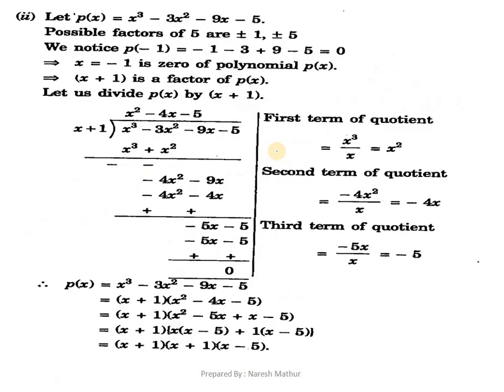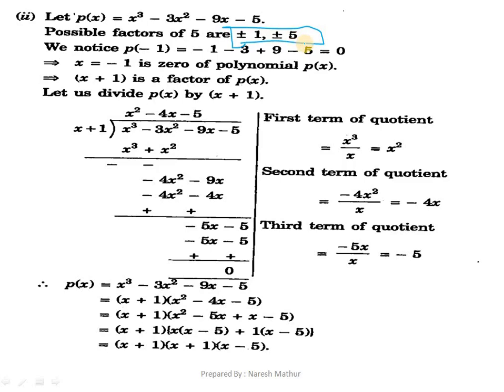Alright, we will continue the same process in the next questions also. Again, now we'll see it in a little bit quicker way. x cube minus 3x square minus 9x minus 5. So we need to check for the values of plus 1, minus 1 and plus minus 5 only, because 5 is a prime number, so we can just go for the 1 and the number itself only.